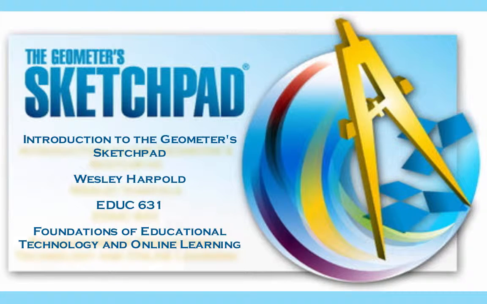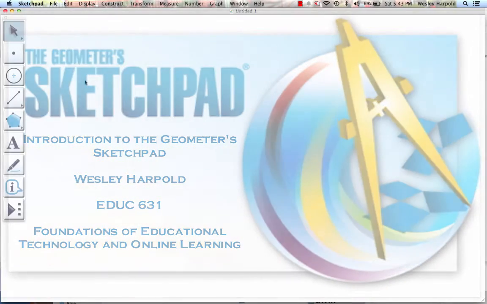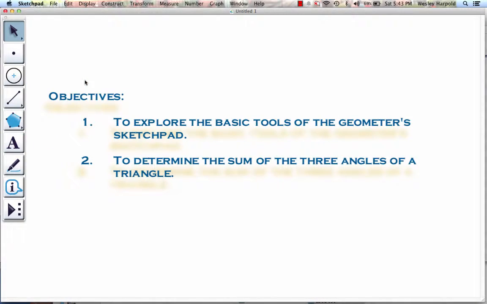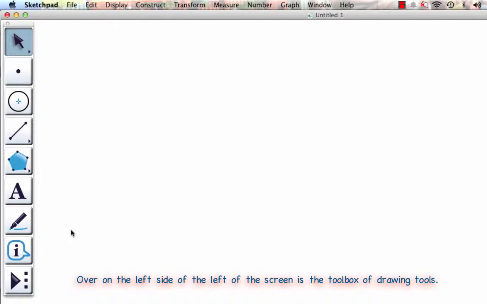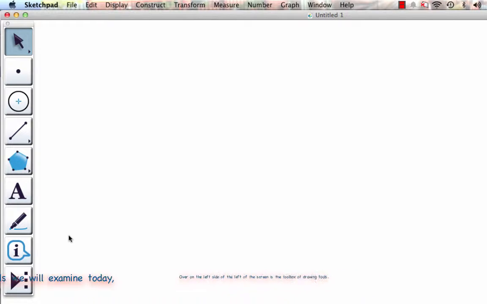Welcome. This lesson will explore the basic tools of the Geometer Sketchpad and a simple application of the Geometer Sketchpad to determine the sum of the three angles of a triangle. Over on the left of the screen is a toolbox of drawing tools. The four tools we will examine today are the selection arrow, the point tool, the straight object tool, and the